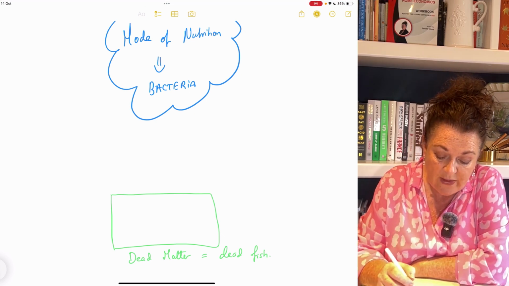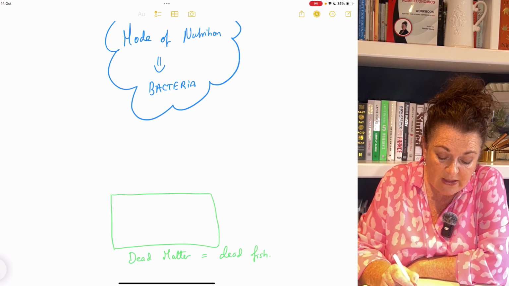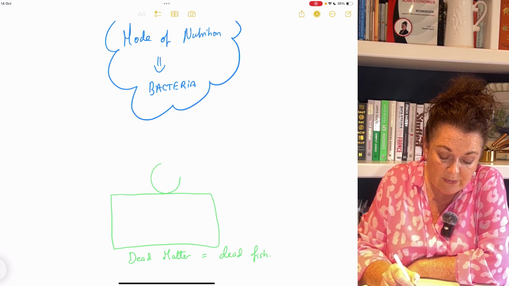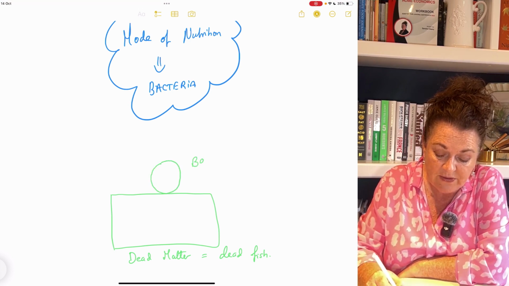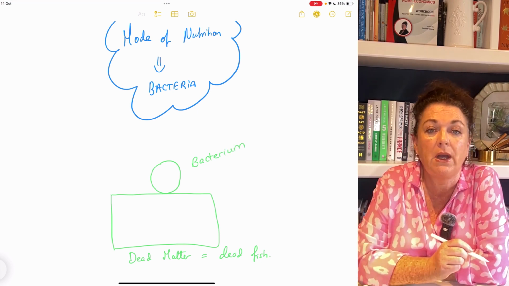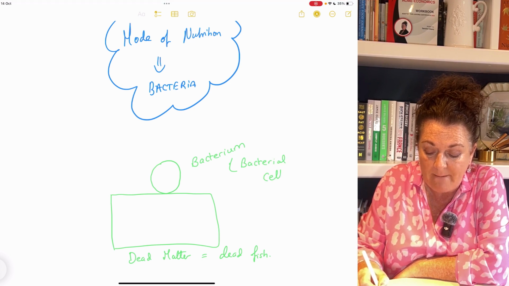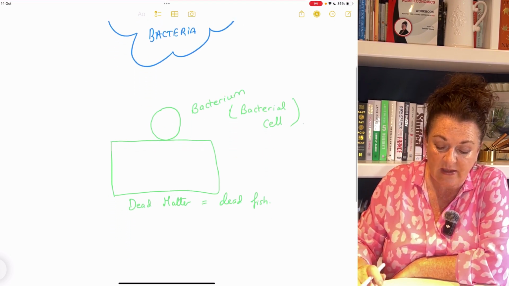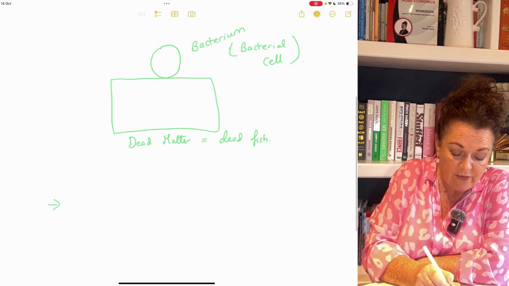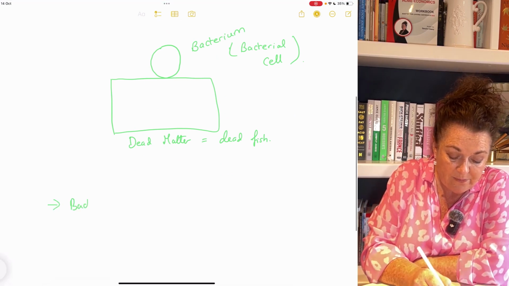So we note then that bacteria can be spherical or rod-shaped. So I'm just going to draw a circular shape and I'm calling it a bacterium. And bacterium is just another word for one individual bacterial cell. So we note that bacteria